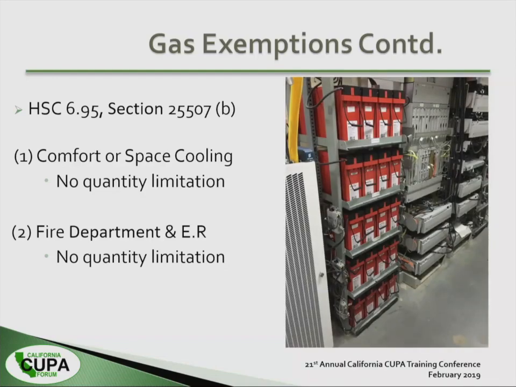Okay, I'll give you a few more examples. This is a Verizon hub. As you can see here, can you guys tell what's exempt and what's not? There's battery acid, and then there's the HVAC unit. What do you think the battery acid is? Is it exempt or not? No, the battery acid's not exempt. Oh, I forgot to tell you, it's not a remote site, okay. And then the HVAC unit here is exempt, right? Because it's used for comfort cooling, or the other exemption is if it's used in computer rooms. So that's where that exemption kicks in.